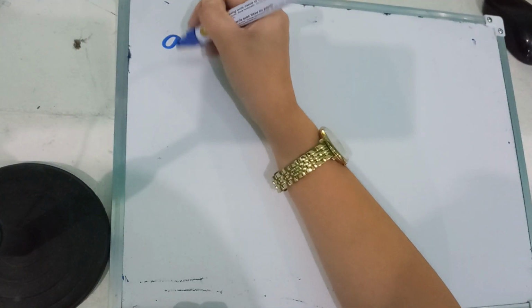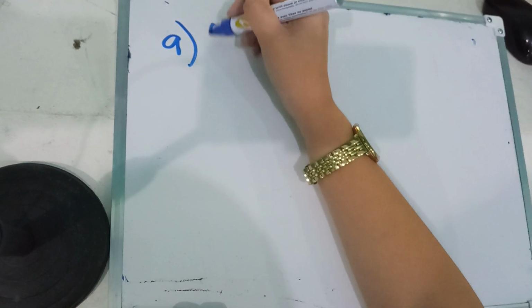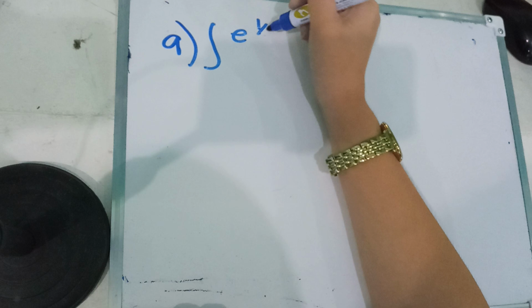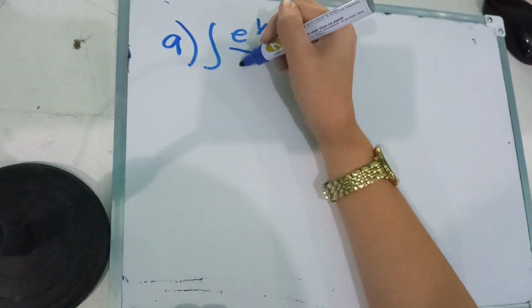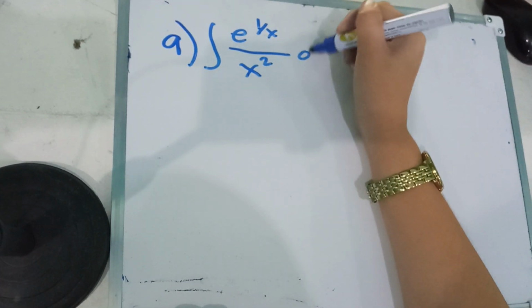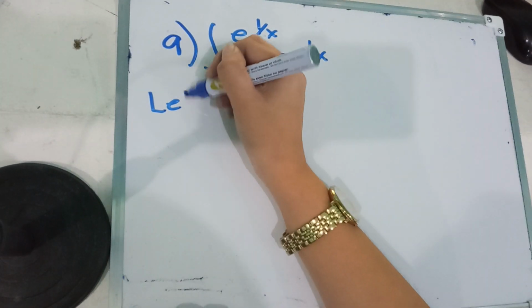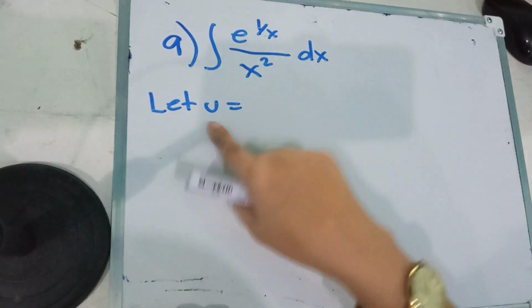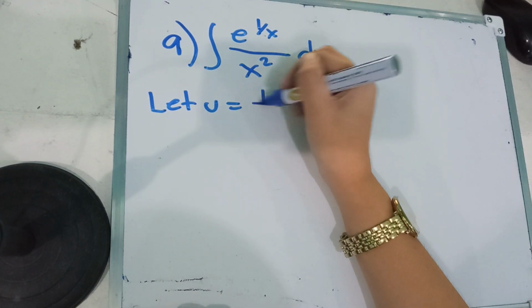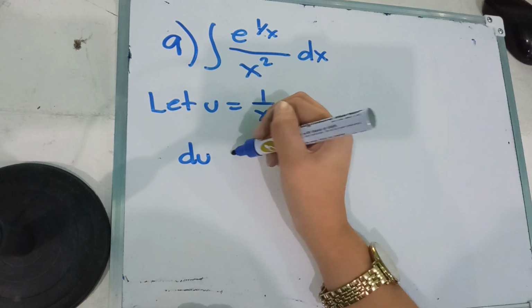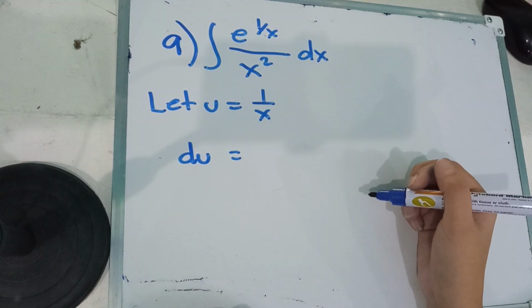Next, we have example number 9. The integral of e to the power of 1 over x squared dx. Again, by using u substitution, we can let u be 1 over x. Now du, if you can still remember our rule for